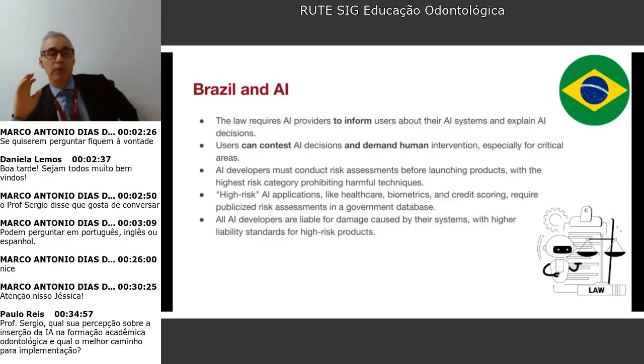For my understanding, the Brazil AI law is a result of 3 years of legislative efforts emphasizing user rights and AI risk management. For user rights, the law prioritizes user rights, requiring AI providers to disclose information about their system. So the users have the right to know when they are interacting with AI and to receive explanations for AI decisions. And this is, I will say, a big